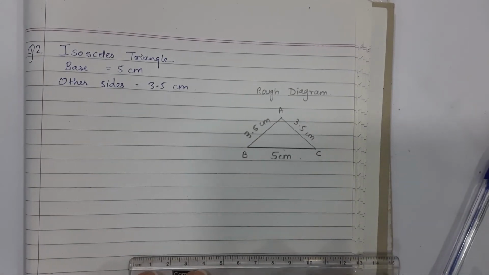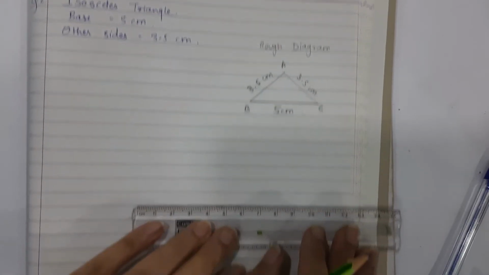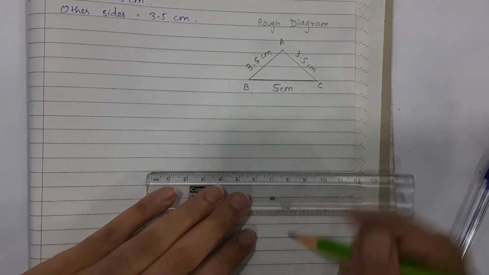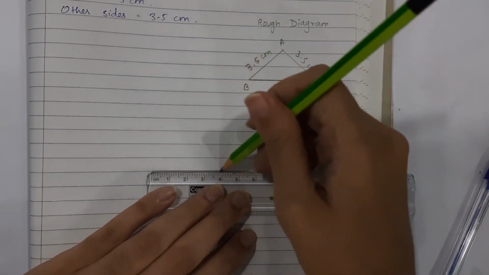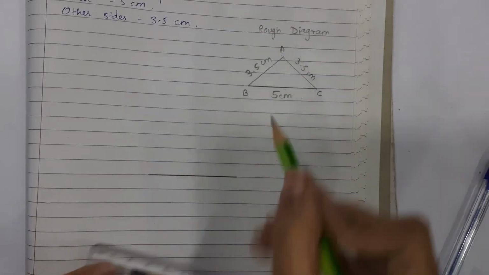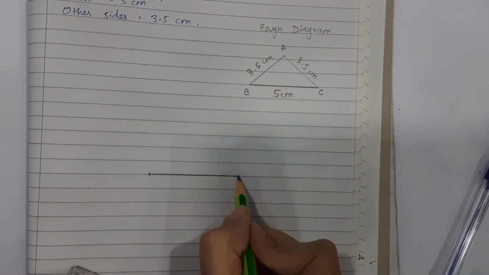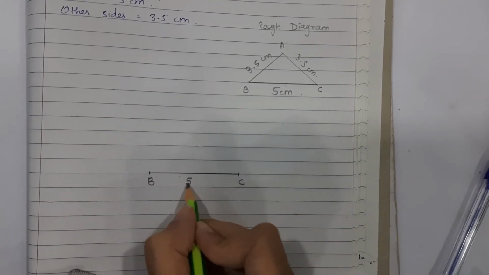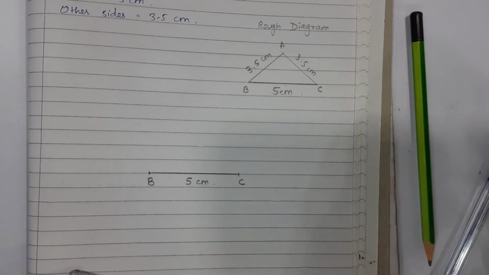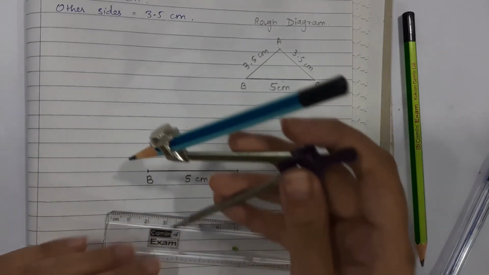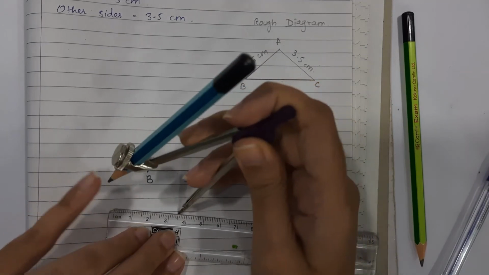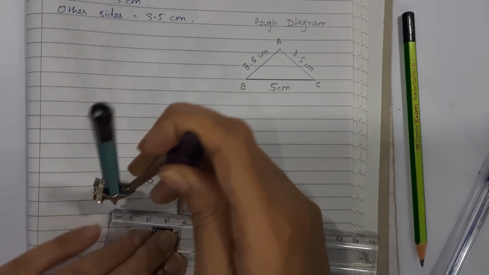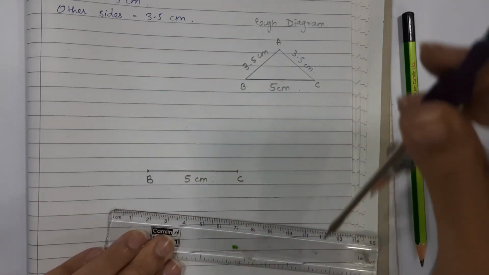So for our construction, the first thing as always we are going to draw our base. For the base we have 5 centimeters, draw a straight line from 0 to 5 centimeters. Now darken the endpoints. Once we darken the endpoints, we are going to label them and write down the measure. Now I am going to take a compass and take exactly 3.5 centimeters on it using a scale. You will have to measure exactly 3.5 as I am doing.